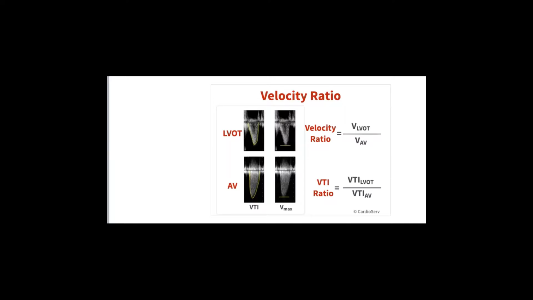That is, it is the velocity in the LVOT divided by the velocity in the aortic valve. What is the importance of this velocity ratio, which is also called the dimensionless index? The importance is,